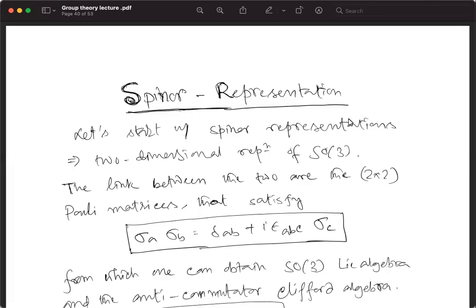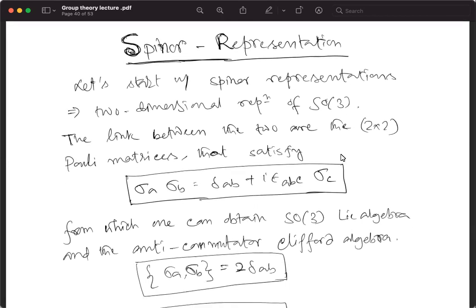Yeah. So now I'll discuss the spinor representations. So let us start with the spinor representations, which is, for example, like the two-dimensional representation of SO(3). The link between the two is basically through the 2 by 2 Pauli spin matrices that satisfy sigma_A sigma_B equal to delta_AB plus i epsilon_ABC sigma_C, and A, B, C run from 1 to 3, and